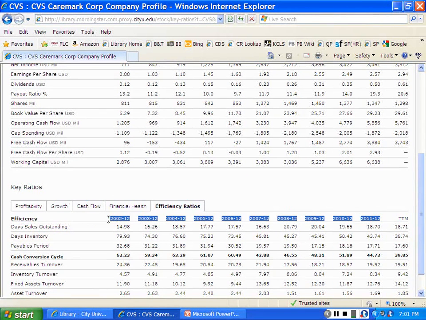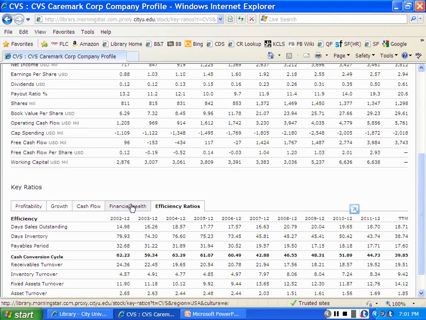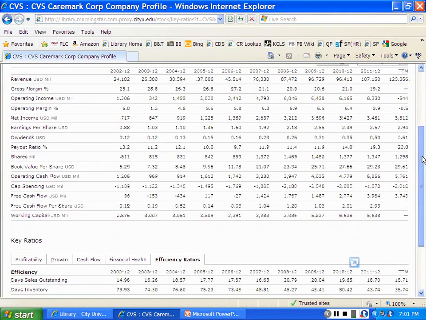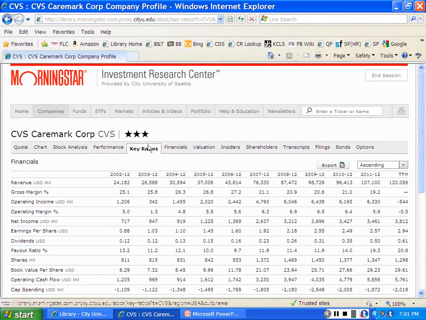So I have these ratios over time so that you can use the range that you want to calculate the company's average before you begin to search for the industry average. It's up to you how you work with these ratios, but they're all located here under the tab Key Ratios, where we started. What I like to do is export this data